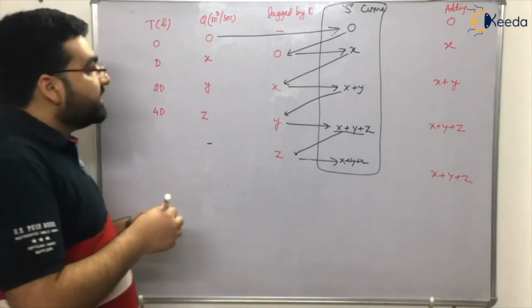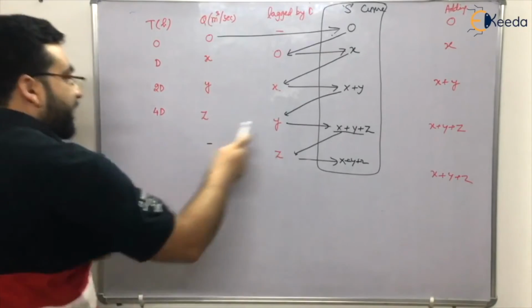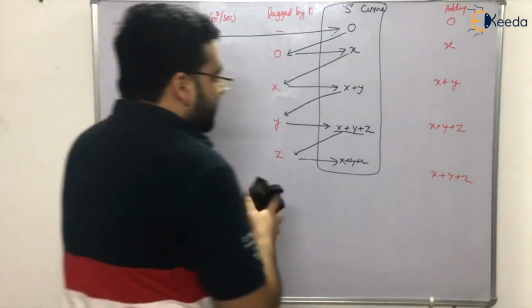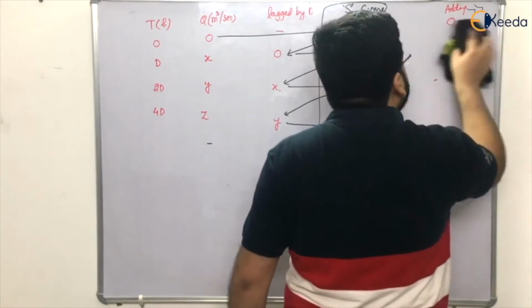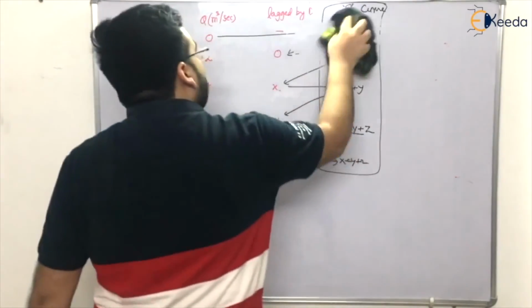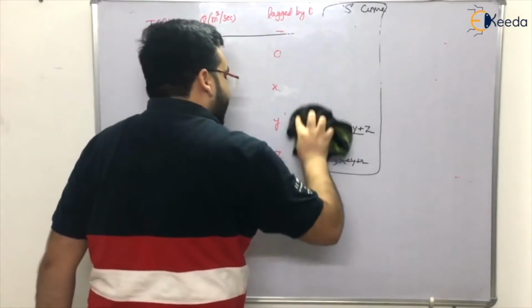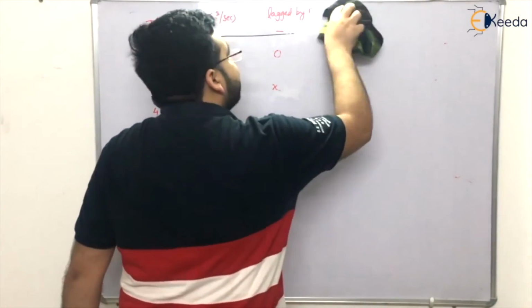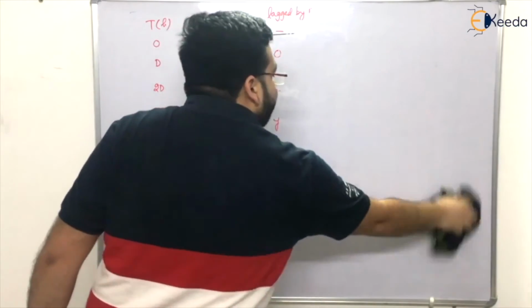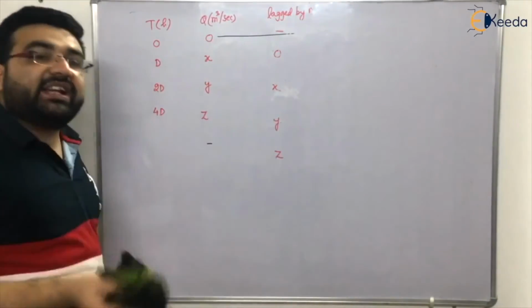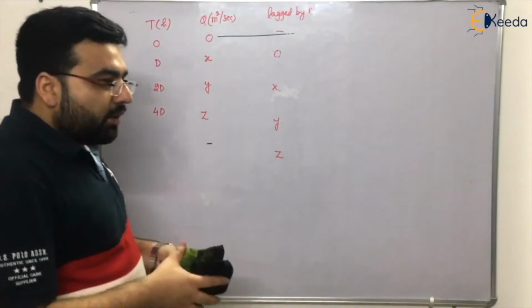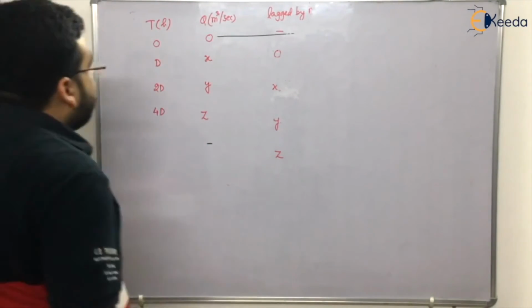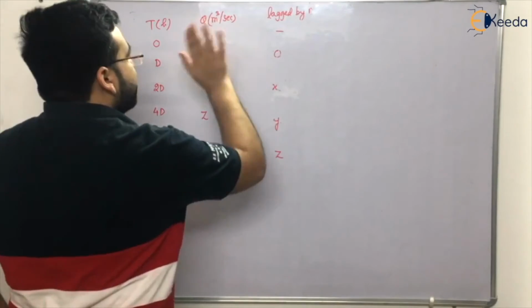Again I am repeating, this is important, right? Now you are getting the same values. Let me rub this, and again repeat, so that you understand, because this is important. How to make the S curve in just one step. No need to repeat 4, 5, 6, 7, 8 steps. It will be a very lengthy question, and you will not be able to solve it, because in the GATE examination the time frame is very short, right? So how to solve these problems? Let me again make you understand.